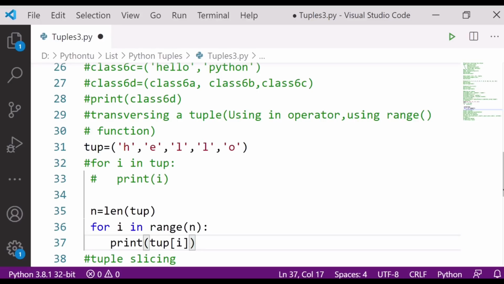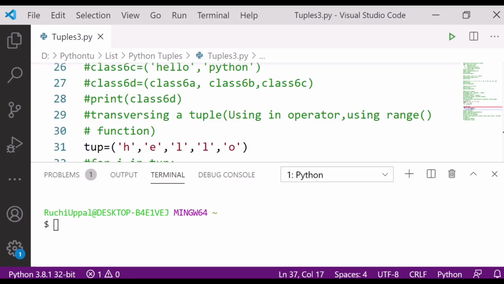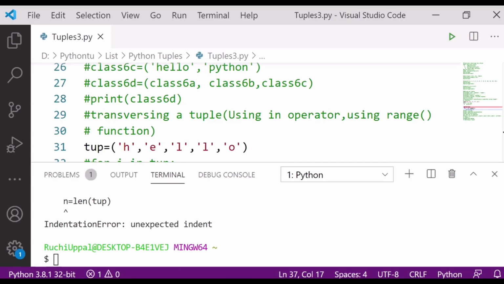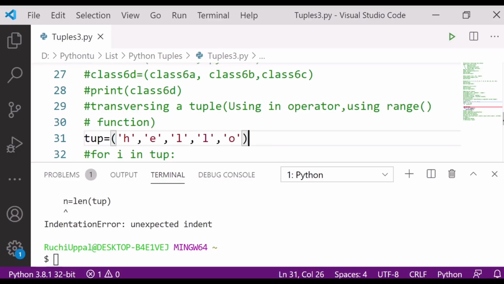Control S. It is saying unexpected indent. Where? Let's check.